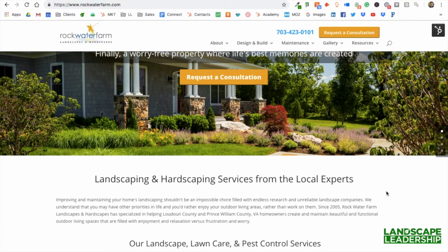We understand that you might have other priorities in life and that you'd rather enjoy your outdoor living areas rather than work on them. Since 2005, Rockwater Farm Landscapes and Hardscapes has specialized in helping Loudoun County and Prince William County, Virginia homeowners create and maintain beautiful and functional outdoor living spaces that are filled with enjoyment and relaxation versus frustration and worry.